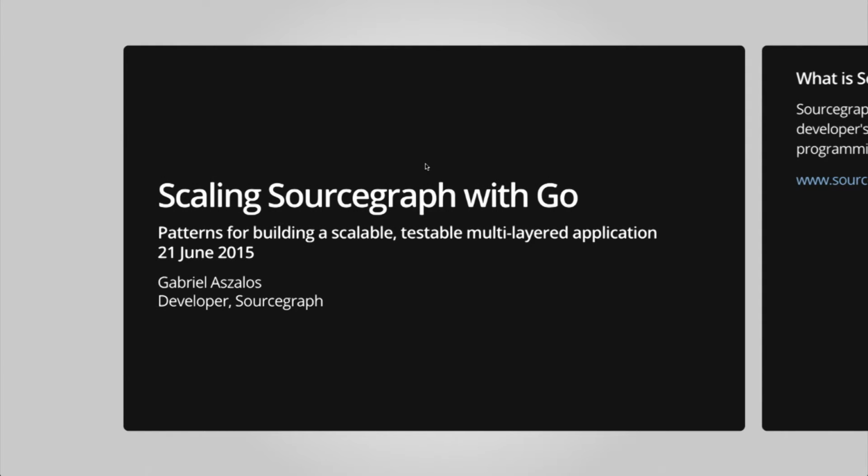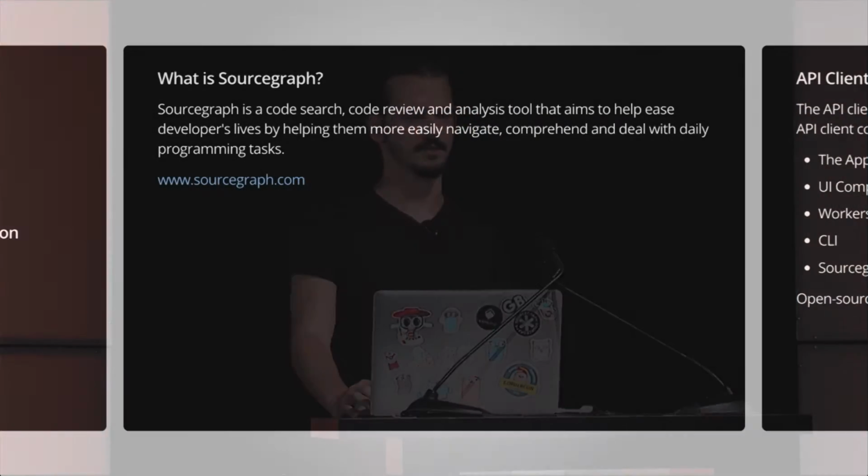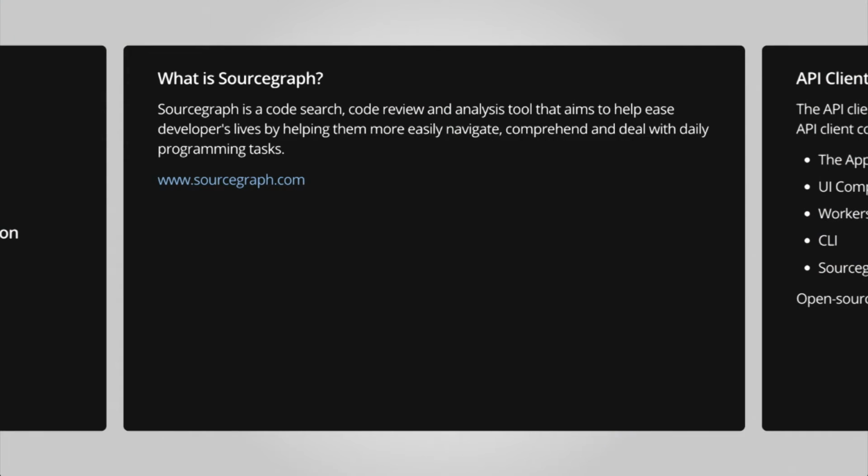So I work for Sourcegraph, and since we started out, we went through different architectures as we had to scale due to requirements. And I wanted to try and see if I can squeeze our architecture where we are today into 7 minutes. So just to give a bit of context, Sourcegraph is a code search, code review, and analysis tool that aims to help developers' lives by making tedious tasks easier by helping you navigate code and comprehend